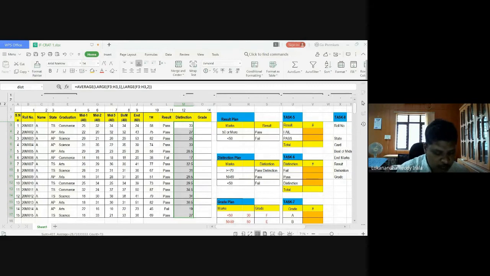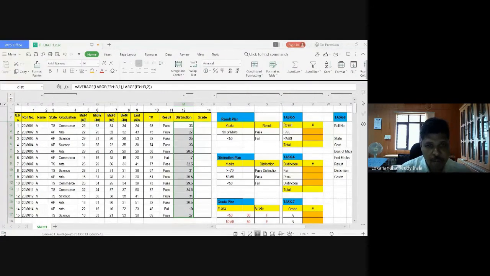Again, large, then out of these three, what is the second best? So 34 is the first best and 32 is the second best. Then you can take an average of this. So normally we write the average function like this.